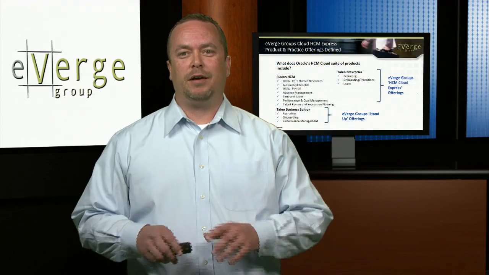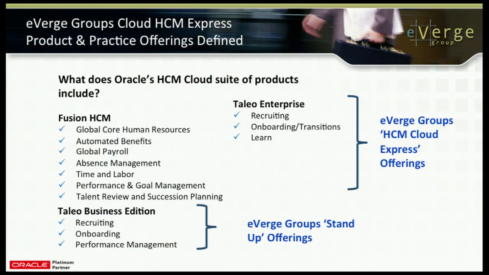So when we talk about HCM Cloud here at eVerge Group, and really focusing on what that means from a product perspective, it really involves two main applications. It's Fusion HCM and Taleo. Within Fusion HCM, the functionality or modules, if you will, included in that application are the core global HR app, automated benefits, and with Release 8 of Fusion now we have time and labor and a more robust absence